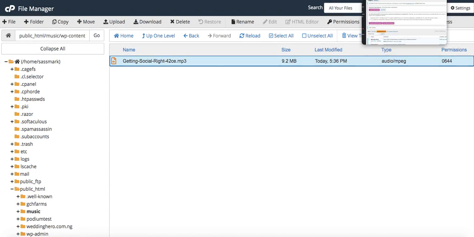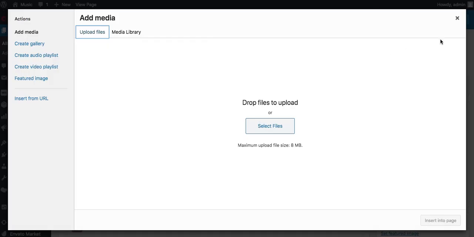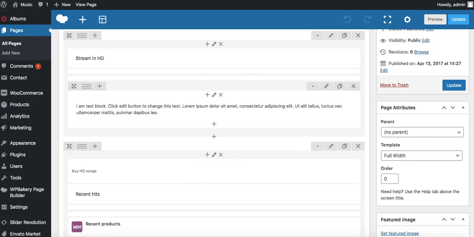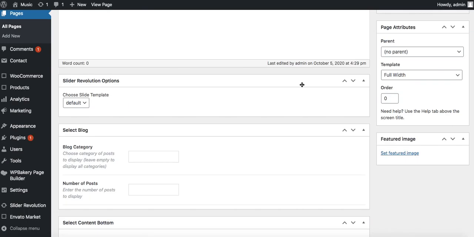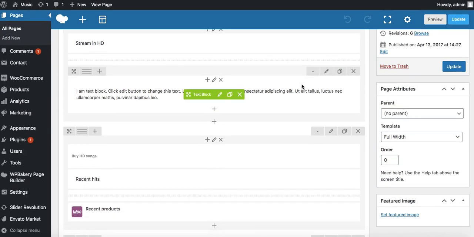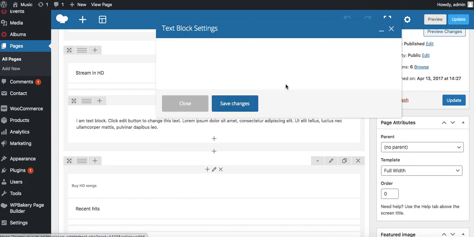So I would come back into our WordPress dashboard. This is our page. So I'm just going to refresh this. Remember, we've already updated. So I'll refresh it. And we have our add from server plugin installed and activated already. So we'll use it now. And this is it. Remember, we created this stream in HD, and we're going to add our own music items